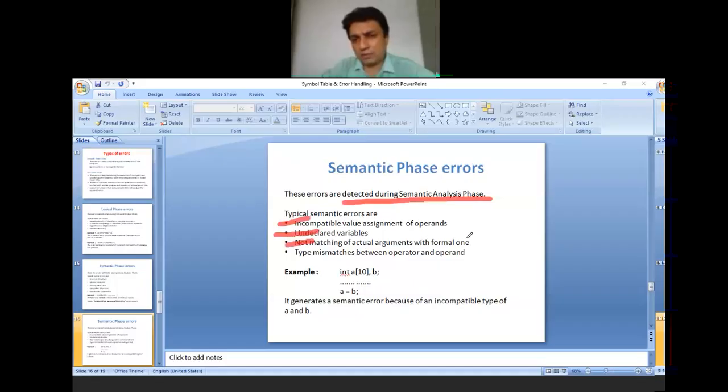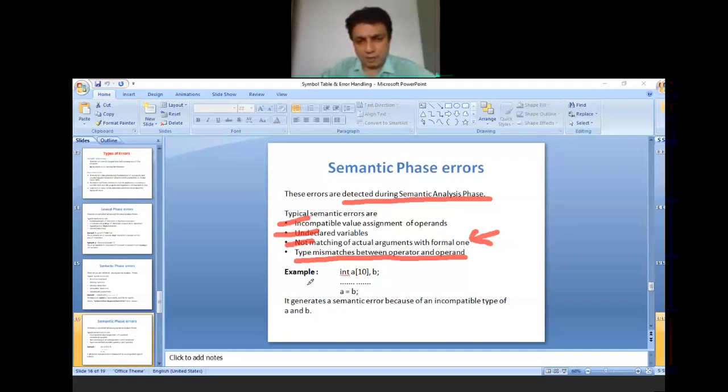You already studied it in the case of parameter passing. What are actual arguments and formal arguments? And type mismatch between operators and operands. These are examples of semantic phase errors.